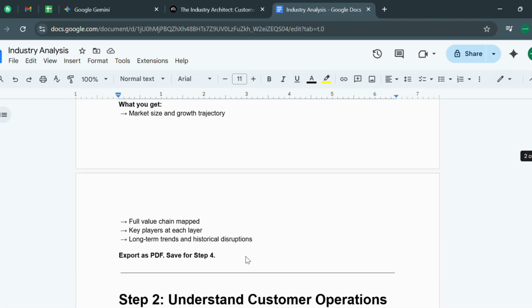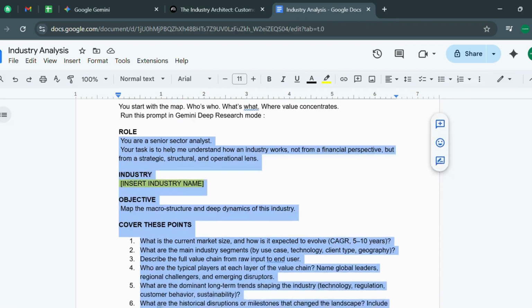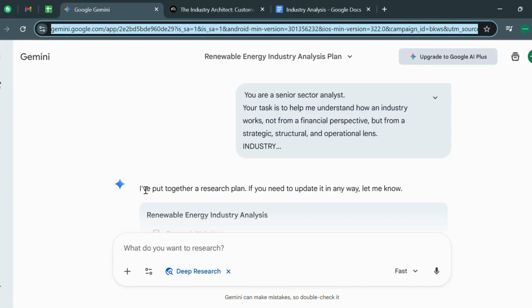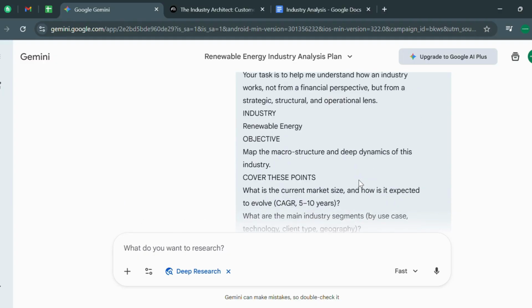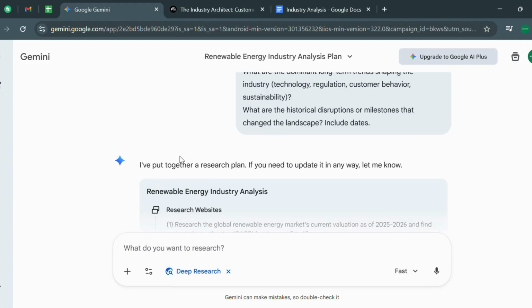And we're going to be getting as output market size and growth trajectory, full value chain mapped, key players at each layer, long term trends, and historic disruption. We're going to be just copying this part. That's it, and putting it in Gemini. Let's come to Gemini. This is the first prompt that I have given to Gemini, and as you can see, I have taken deep research format, and this is what